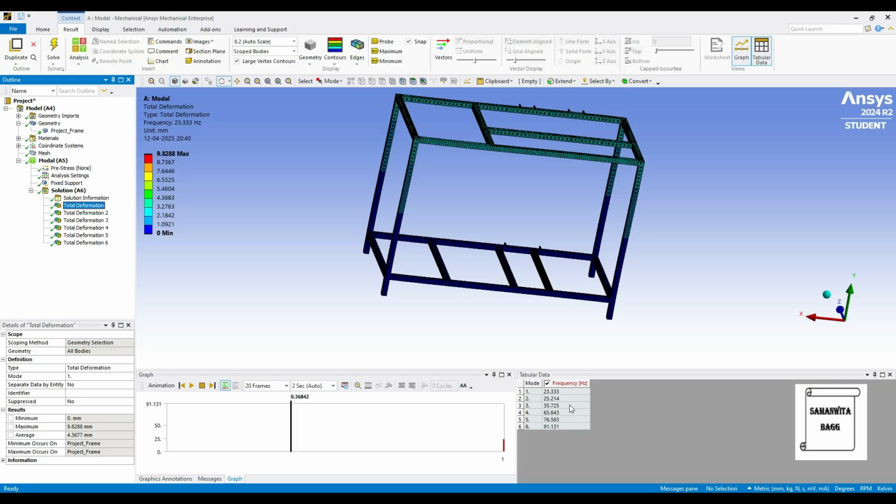It can be anything other than this, such that your frame's natural frequency is not tapped by that external object and hence resonance is not caused. So that is the reason why you go for modal analysis of any object. You want to know the natural frequency of the body which should not be tapped by any other external agent, such that you are able to avoid resonance and its catastrophic effects.